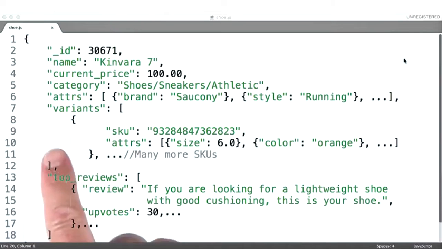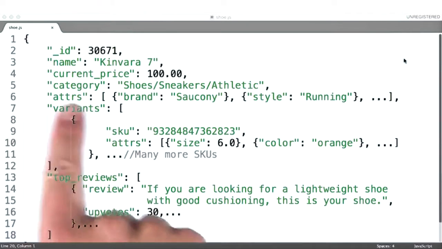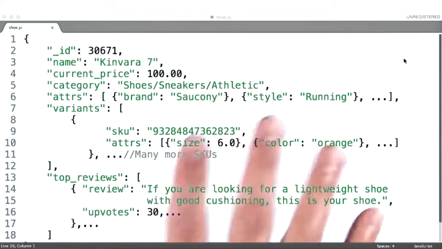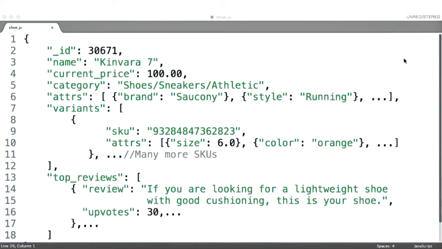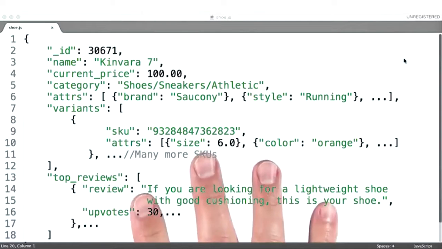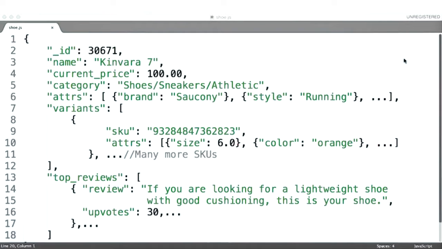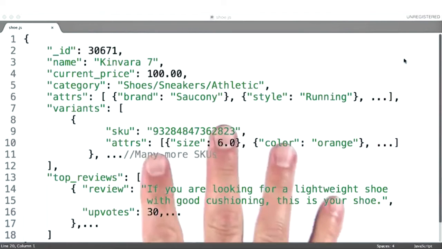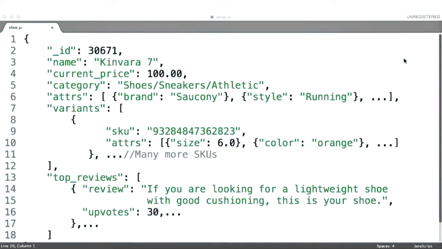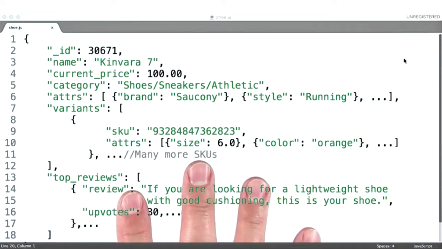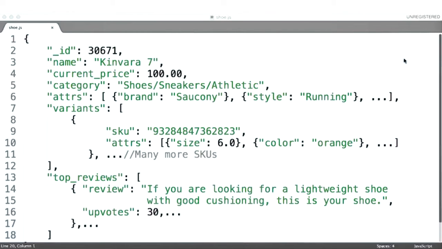And the way this data model is designed, we can construct an index that would allow us to query for all shoes for which we actually had a size 6 in orange in stock, for example. From the application developer's standpoint, the idea here is that we can store everything we need to store in a single document so that we can render a web page with a single request to the database. So rather than doing joins across multiple tables, which is necessarily less efficient, we do a simple request. All of the data is stored sequentially in the same place on disk and in memory, and the request ends